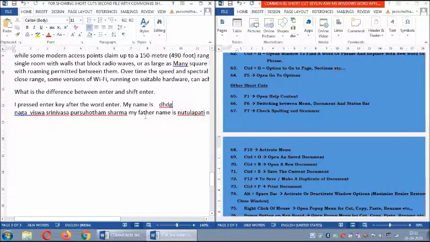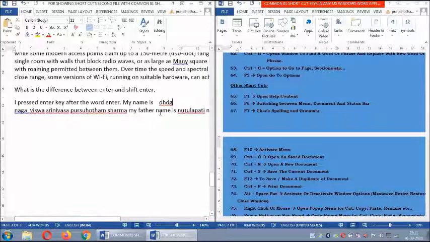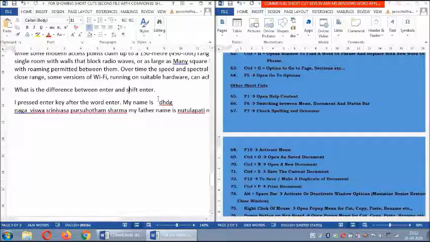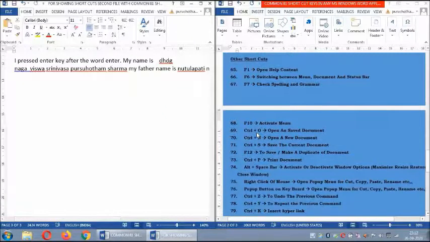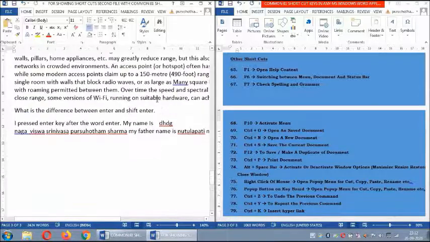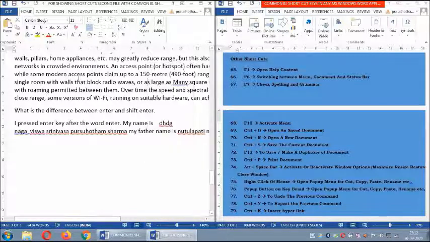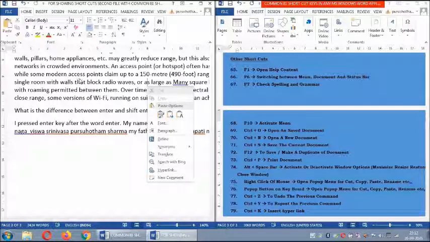Next, Alt spacebar to activate the menus for window activations. You can use this. Now I am not pressing that. After the Control button, you have a window button. It will be used as a pop-up menu. I press anywhere and use the keyboard. It opens the pop-up menu. Right click of the mouse is the alternative. As you right click of the mouse, you get a pop-up menu. The same on the keyboard, the button after Control. You press that, you get the pop-up menus.